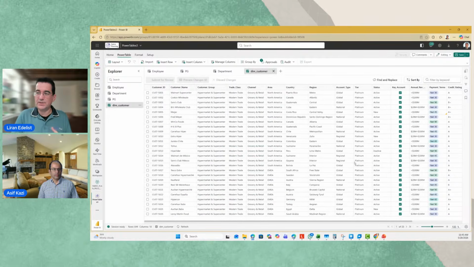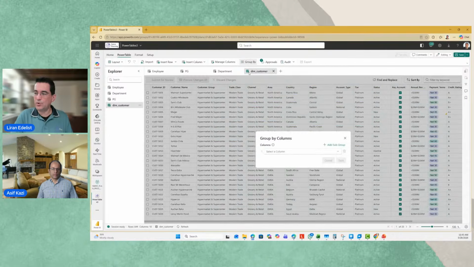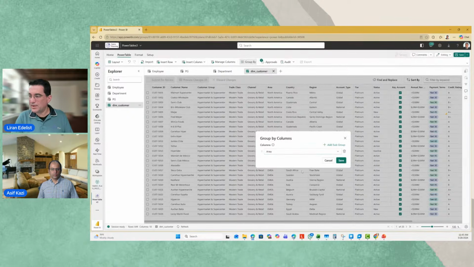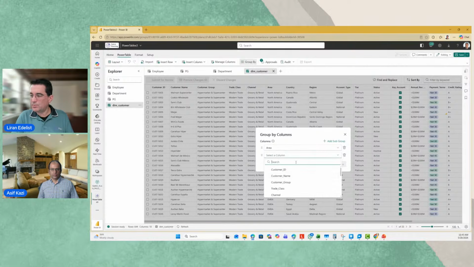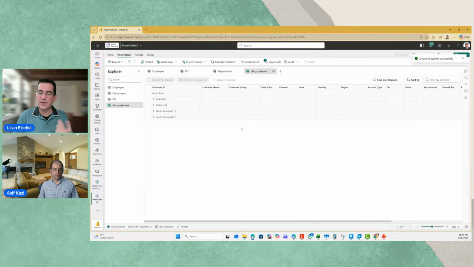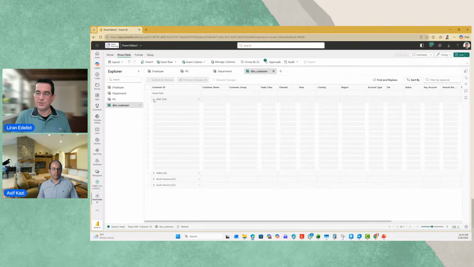this is a tool that can literally allow people to load the data there, and we can group by the information. If I want it to be organized in a nicer way, maybe I want to do it by the region, by the area, and I can add another subgroup here of the country. So a lot of stuff is available here to make sure that users can maintain data in a governed way, with an audit log, with approval, and based on the permissions that I give them.